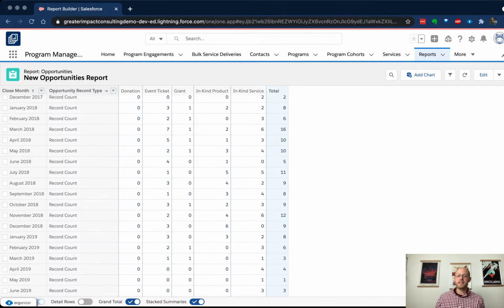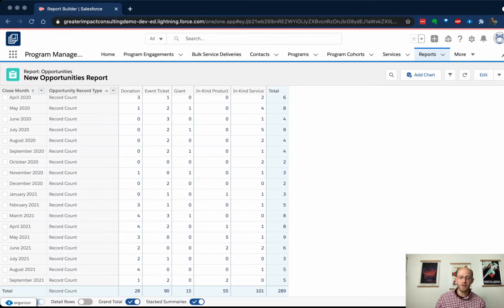So this might be a little easier to see depending on the data you've got if you want to scroll up and down or side to side. So this is, at its very basic, fantastic. We've gotten a report that shows us the number of opportunities that close in a given month by record type. Generally, I also care about